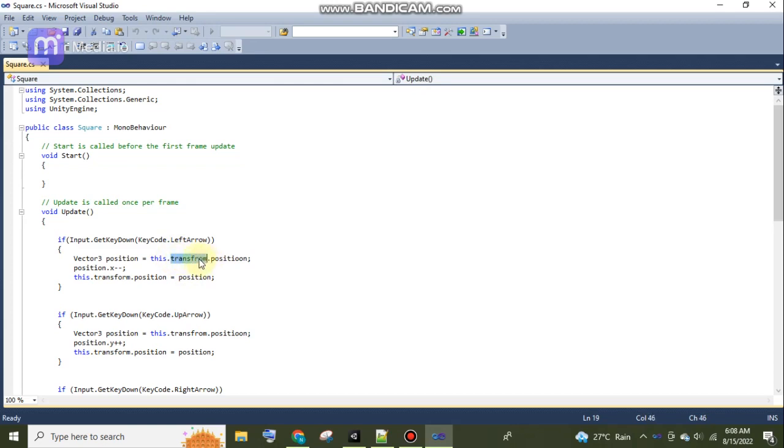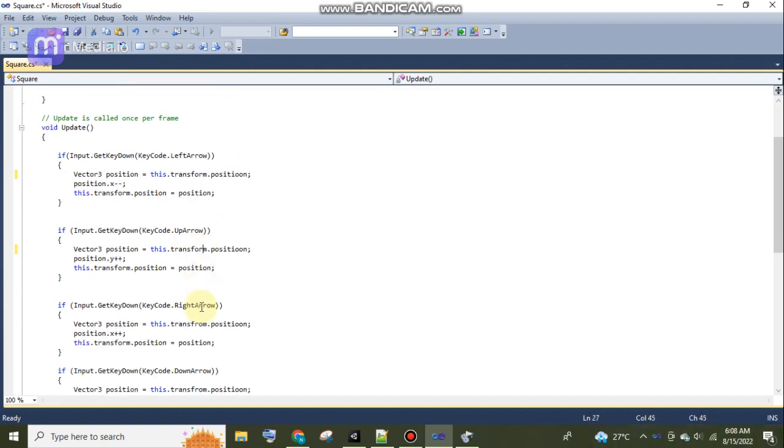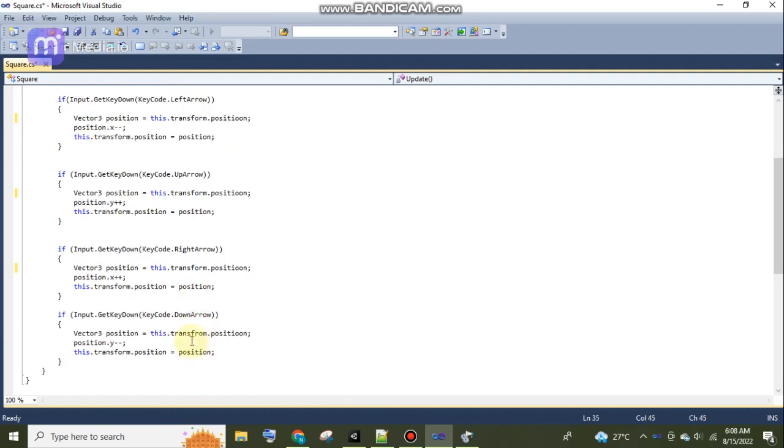Here you can see the spelling I had written is wrong, but it should be transform, F-O-R-M. So I need to make the changes everywhere. I had made the change in left. Now let us make it in the up arrow as well. Next one is my right arrow, transform, and last in the down arrow as well. So I have made the changes in all four places.